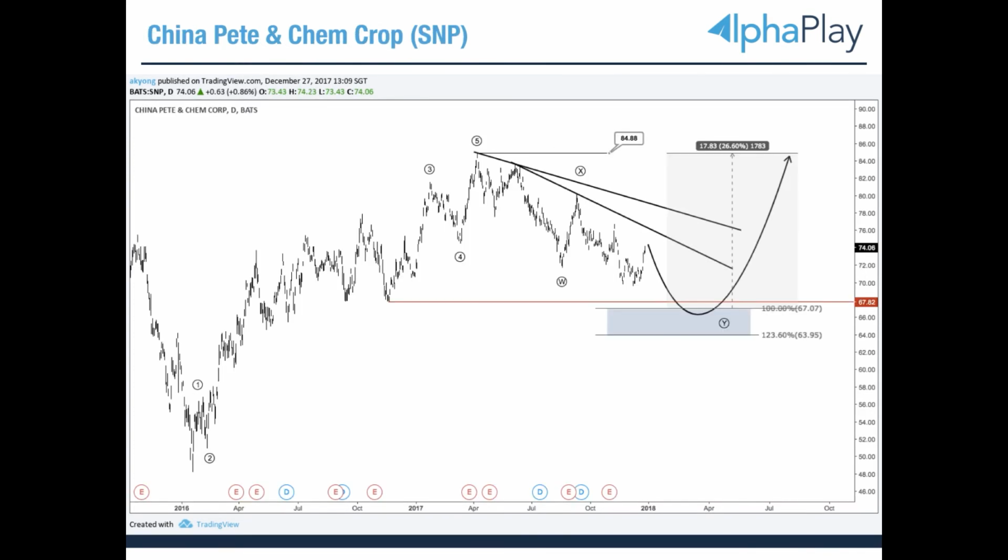Then another oil-related company to look at is China Petroleum and Chemical. You can see this one here is a very nice correction, but I'm expecting it to drop down here first. This kind of retracement can follow through when there's a retracement in oil also. So these are all lower risk opportunities, which means very clear setups.